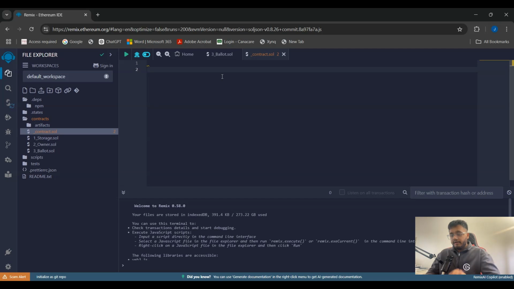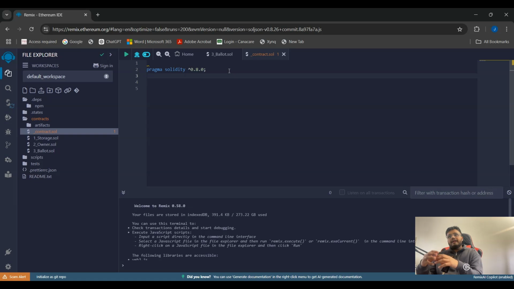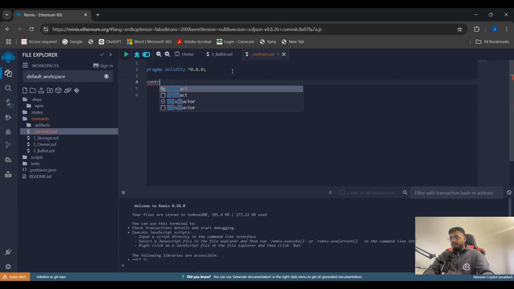The very first thing you need to do here is define what version of the Solidity compiler you're using. It is going to be 0.8.0. Okay, so this was the version of my compiler. And then the next thing you're going to do is define the contract. The syntax of a contract is very similar to how we define classes in other programming languages like Java and C++. So similarly, we have to use the contract keyword, and I am going to name it Greetings,